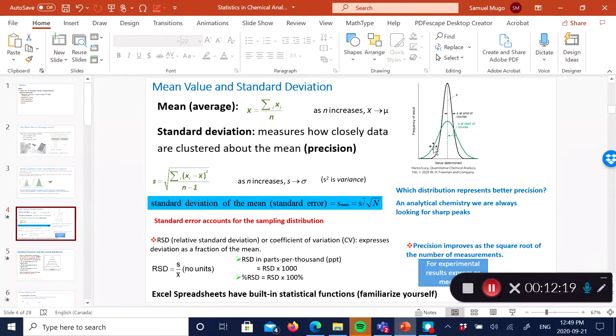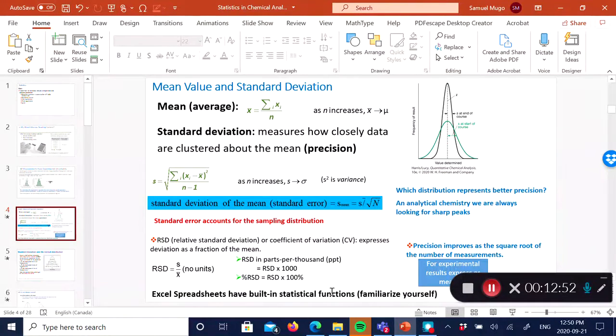Now remember, if you've got a sharp peak, it means the deviation is very, very small. And that's a good thing, meaning that you've got better precision. So in analytical chemistry, we are always looking for a lean, very sharp peak. We are not looking for fat peaks. Fat peaks are never a good thing in analytical chemistry. So maybe one other thing to mention,